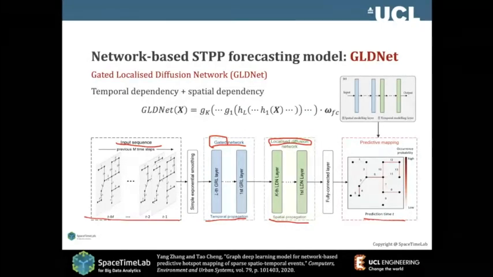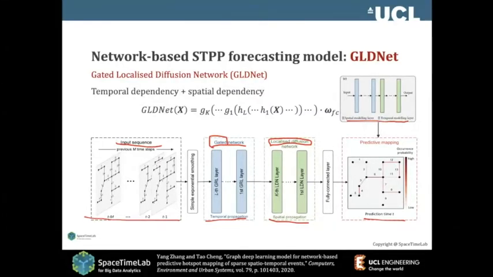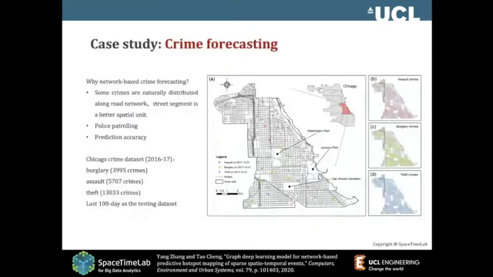This is a hotspot, meaning a higher possibility of crime. So it's kind of a hybrid model, as shown here. We have spatial, we have temporal. In this way, we solve this problem. This is a very challenging problem. There are lots of other strengths of these models. They can work on very large networks and it's very fast. So let's have a look.